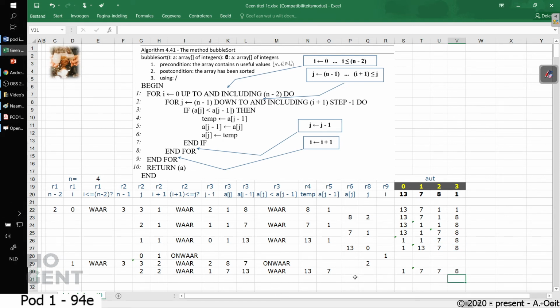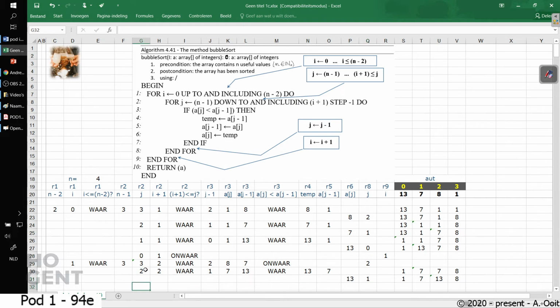So this is the intermediate array, because what happens now? Well, a[j], this is this line, I will take the value of temp being 13 and j being at this moment 2. So that means this value here. So 13, and then we have this value, and now the value 7 has bubbled up, let's say, it's bubbled up. Is it finished? Well, no, we have to decrease our j by 1, so minus 1,